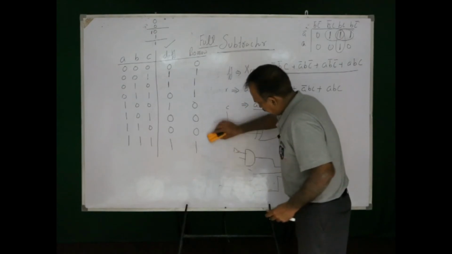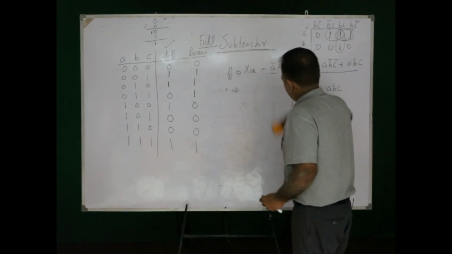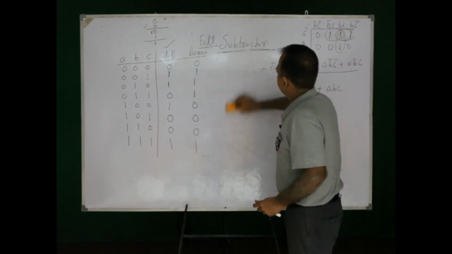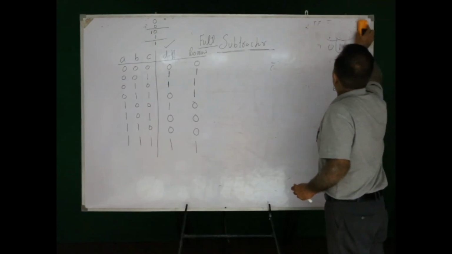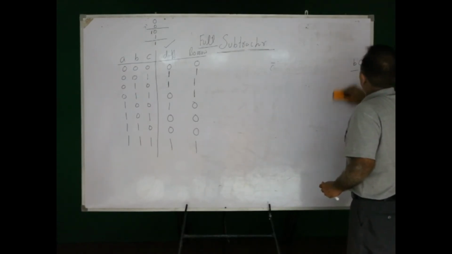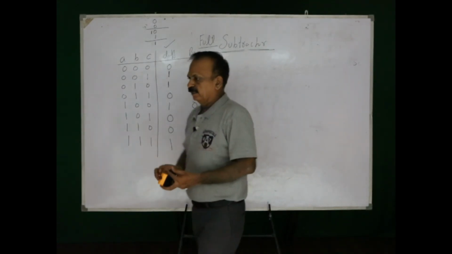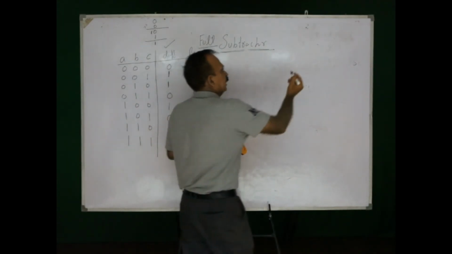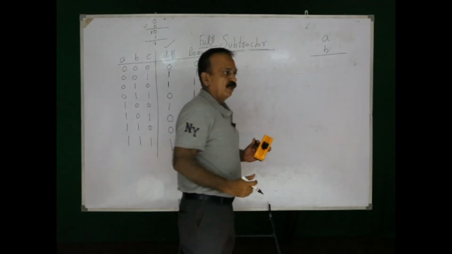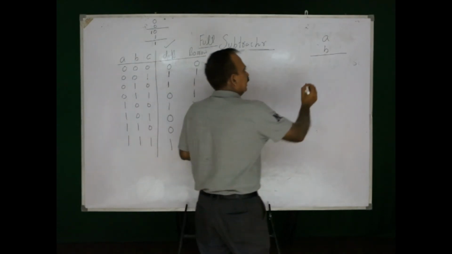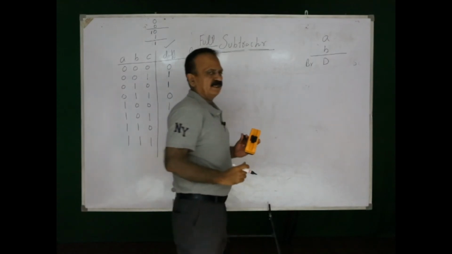Now we can think that we are implementing the expression A minus B minus C, right. Can we have half subtractors for implementing these circuits? Yes, we can implement this with the help of this process, and for that we will be subtracting A minus B. With this operation there will be a difference and there will be a borrow.